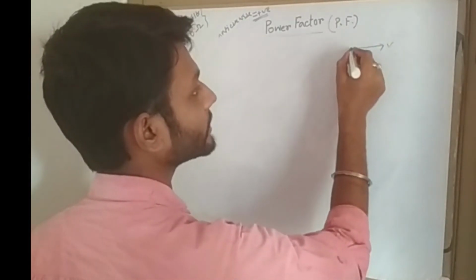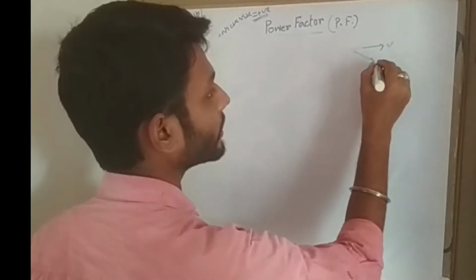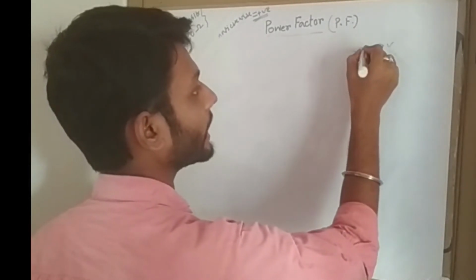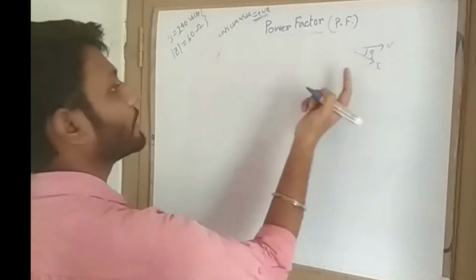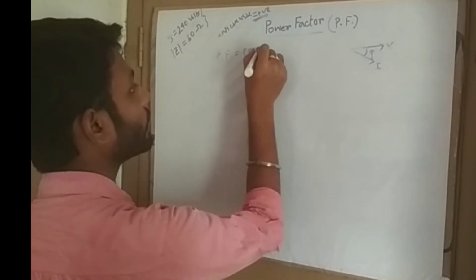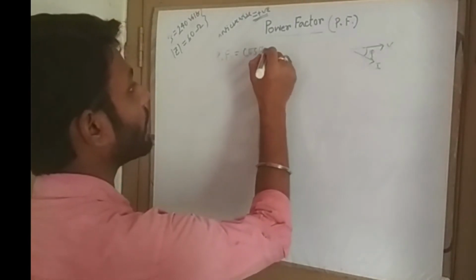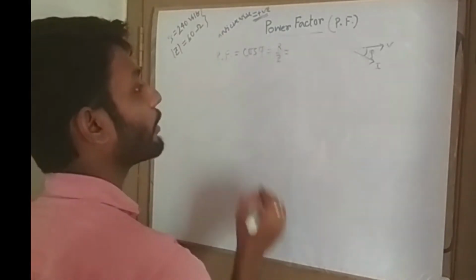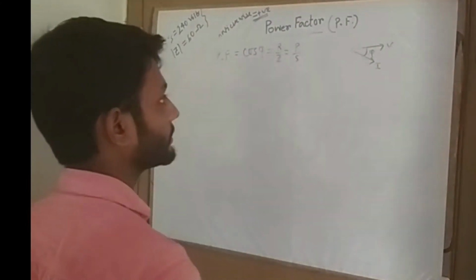So, if this one is voltage, and this one current vector, and the angle between these two is phi, then we already know from this the power factor we will find equal to cos of phi. This phi is the angle between this voltage and current. And the power factor from the impedance triangle will be R divided by Z, and from the power triangle, it will be P divided by S. We have seen up to this.